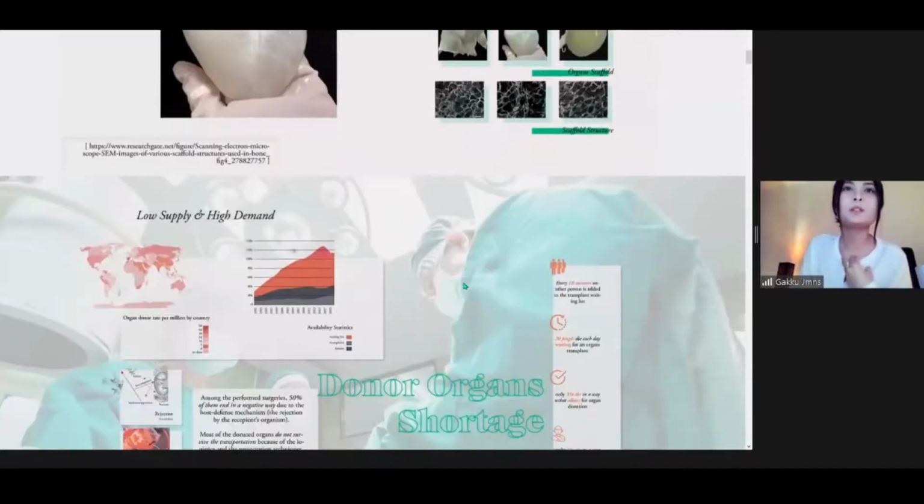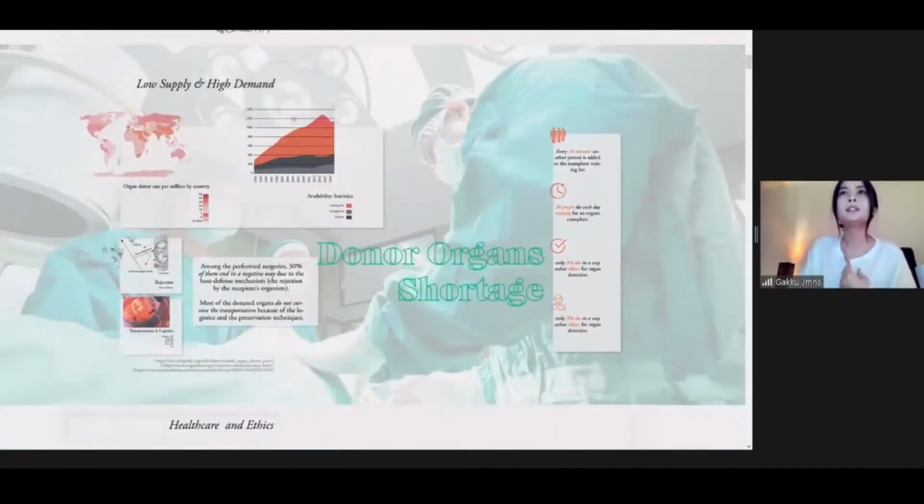My project is about organ production, a constantly ongoing topic in healthcare. Donor organ shortage was and is always on the agenda of healthcare.